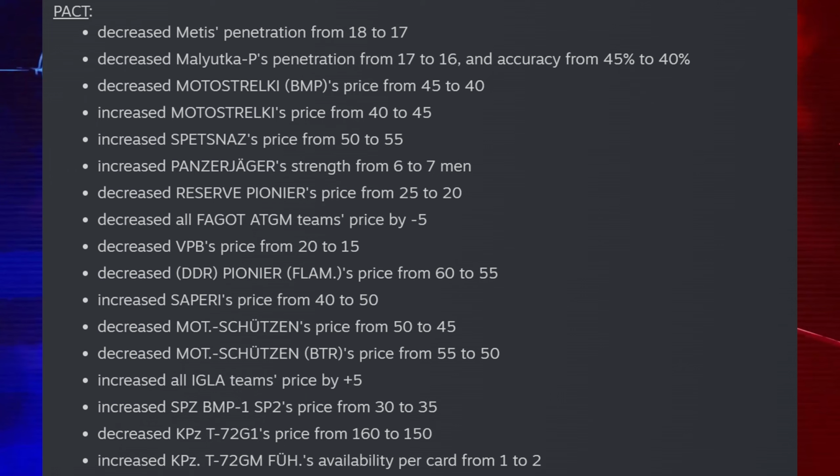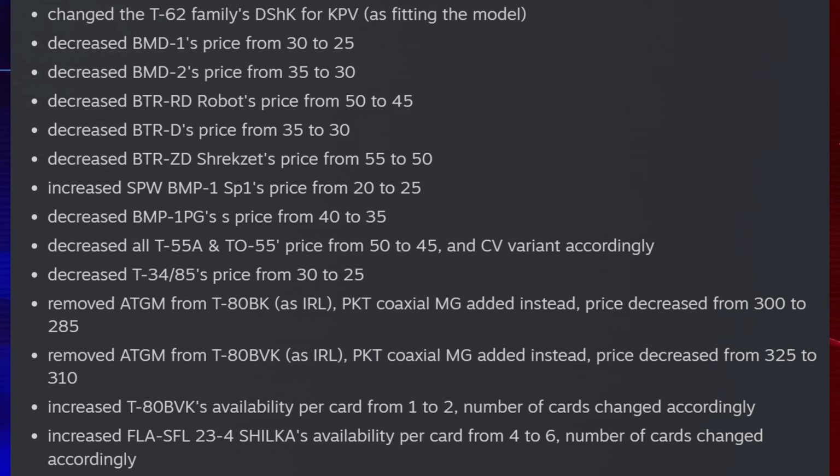price from 55 to 50, increased all IGLA teams' price by 5, increased the SPZ BMP1 SP2's price from 30 to 35, decreased the KPZ T72G1's price from 160 to 150, increased the T72 GM Fuzz availability per card from 1 to 2, changed the T62 family's DSHK for KPV as a fitting model, decreased the BMD1 price from 30